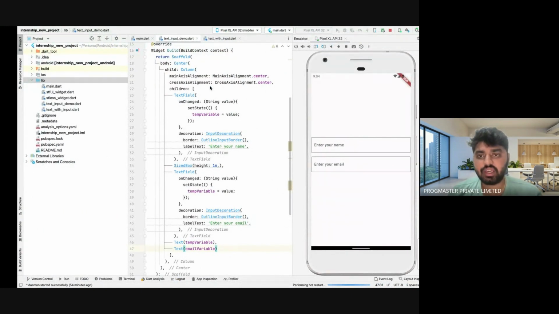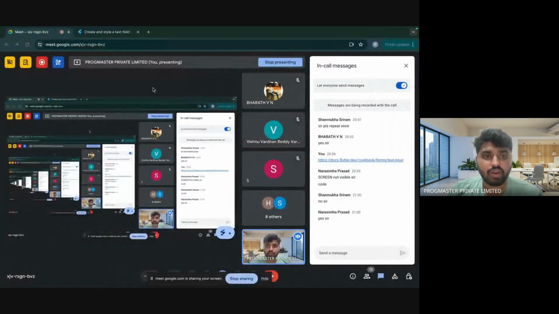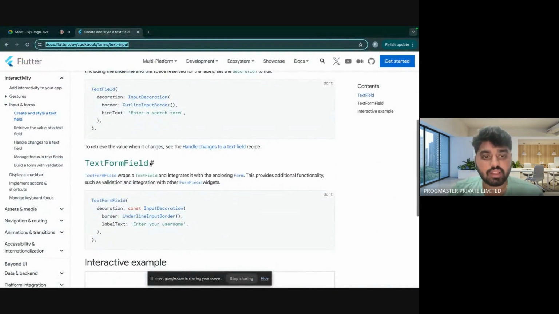Now, if you see here, whatever value we are taking, we are printing immediately. If you don't want to do that, for example, if you are filling a form, you have to store all the values and show the values at the end of the form fill up, right? So here, if you want to fill a form, we have to use another field called